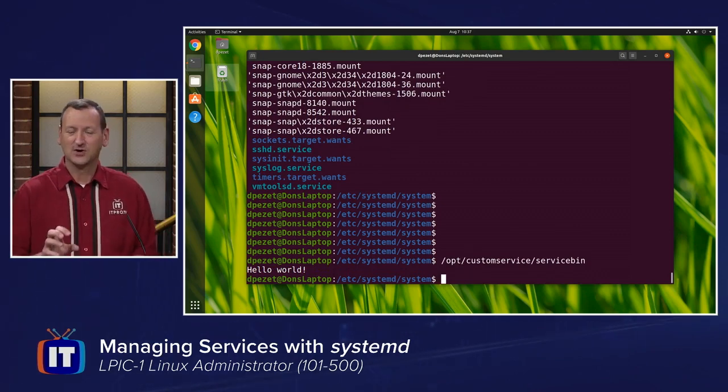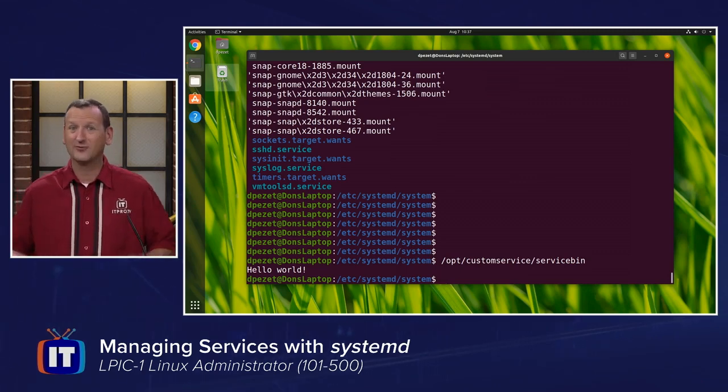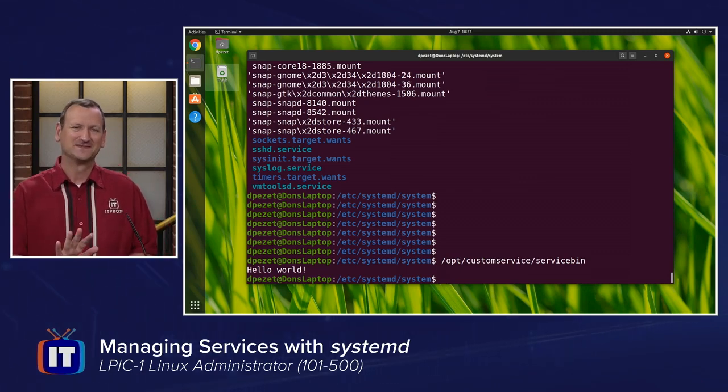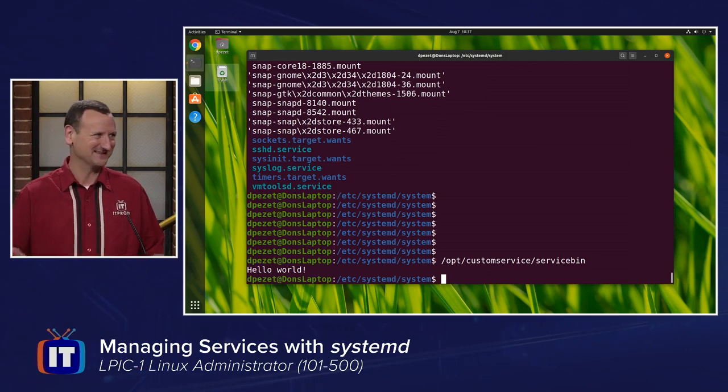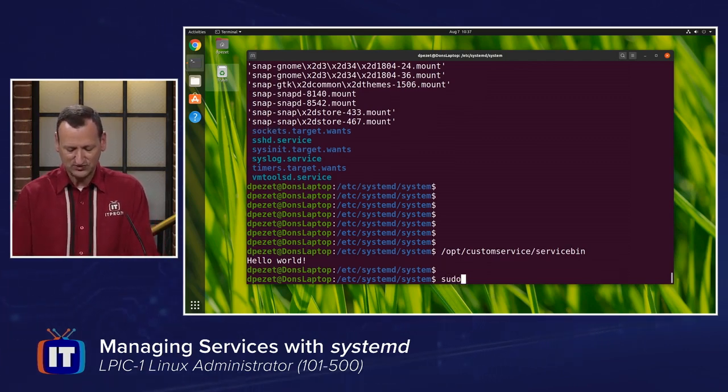Amazing application. So this application is so important that I want it to run when my system boots up and I want it to stay running and I want to be able to monitor its progress. Now, this application runs and exits, so it's not the greatest example in the world, but we'll add it anyway. It'll be fun. So I'm going to do a sudo edit, and I'm going to create a service file